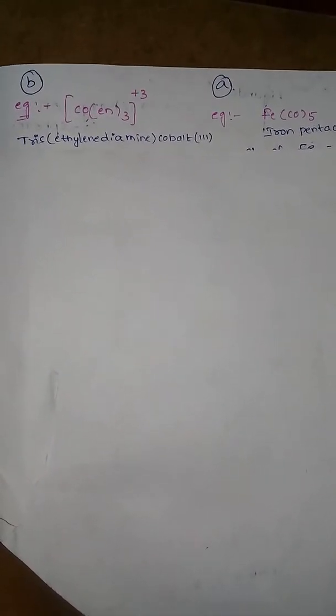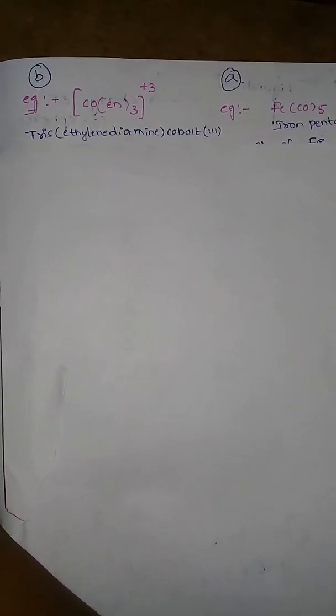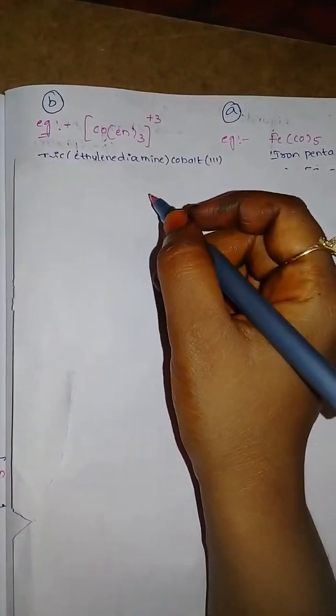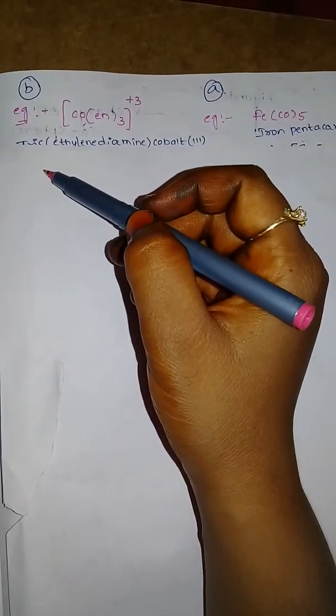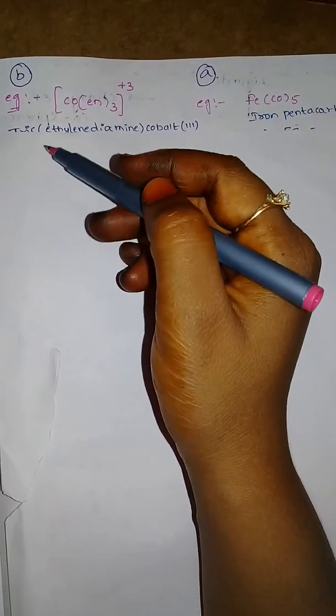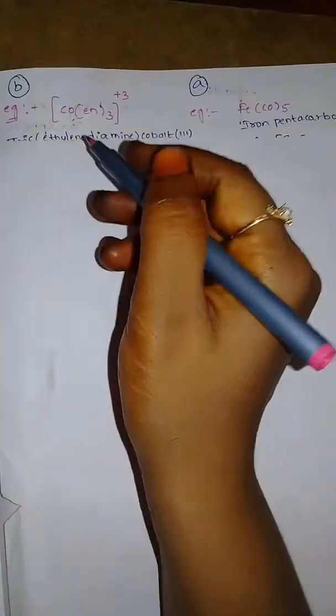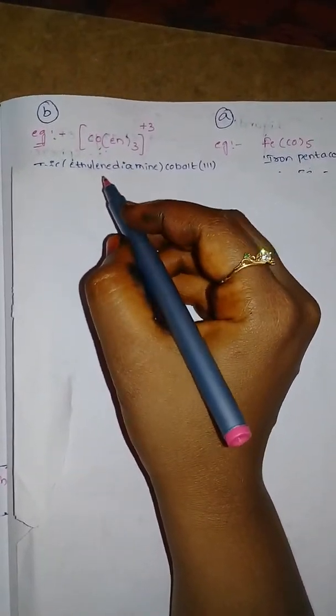Hi friends, in this video I am going to solve some examples to find the oxidation state of the metal in a central coordination complex. Now I am going to find the oxidation state by using the 5 tricks we already discussed in the previous video. So take one example,